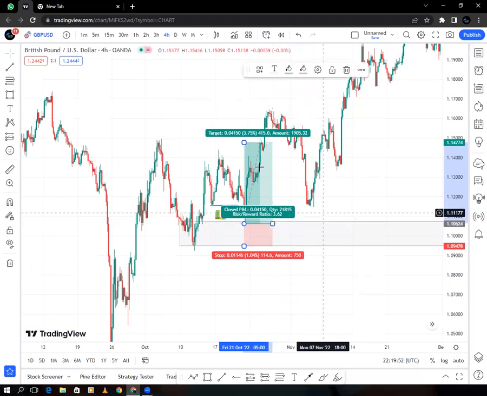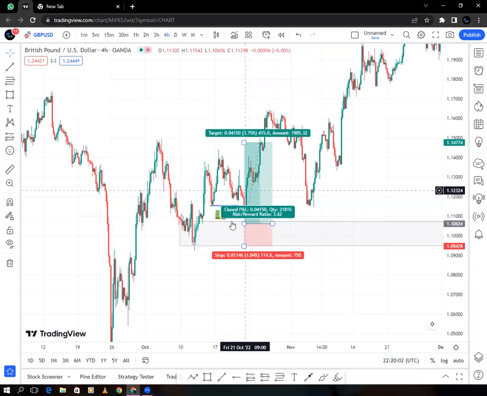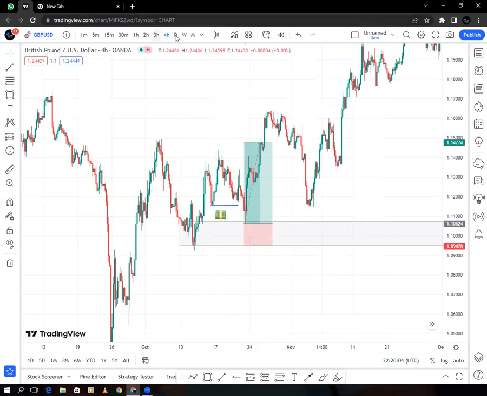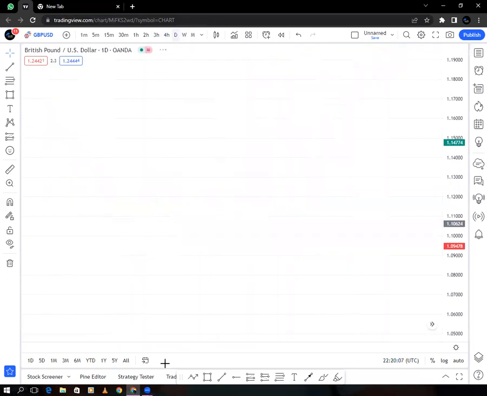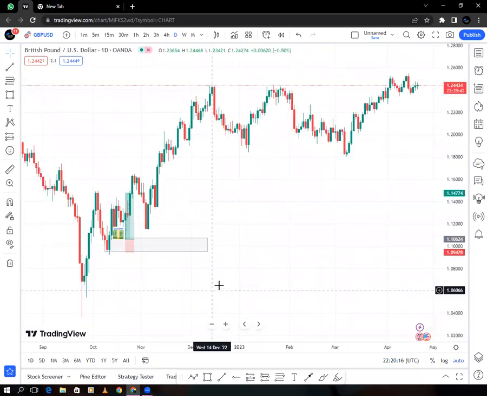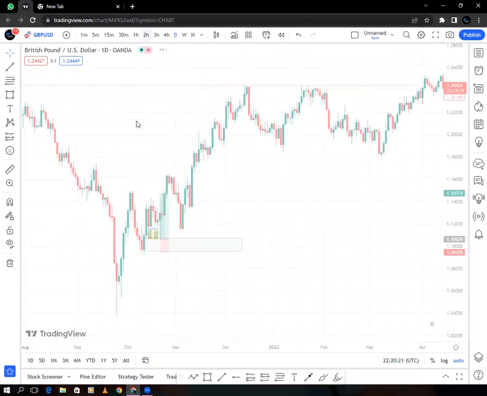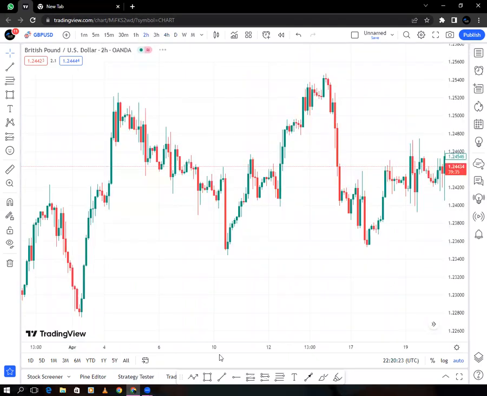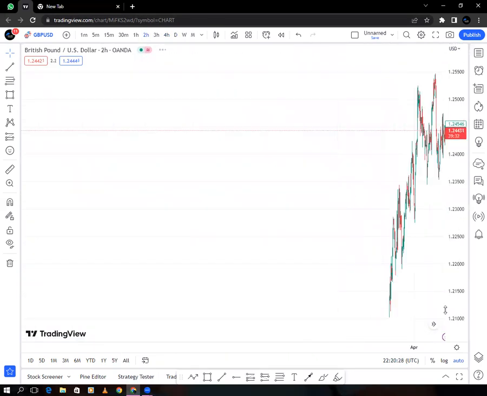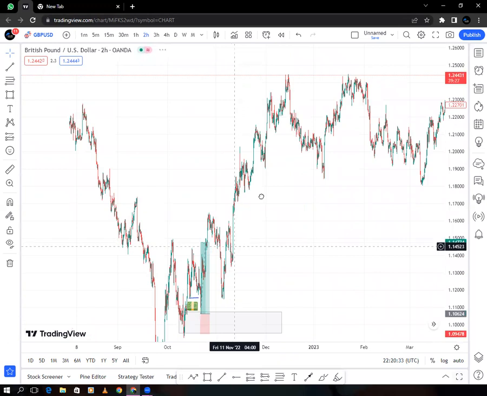So the very same thing, let's now look for the second order block for us to enter. This is valid. This is valid. So now we are looking at this one. We're going back to the daily time frame to see what's really going on here. Let me go to the 2 hour and go back. Yeah, I want it here